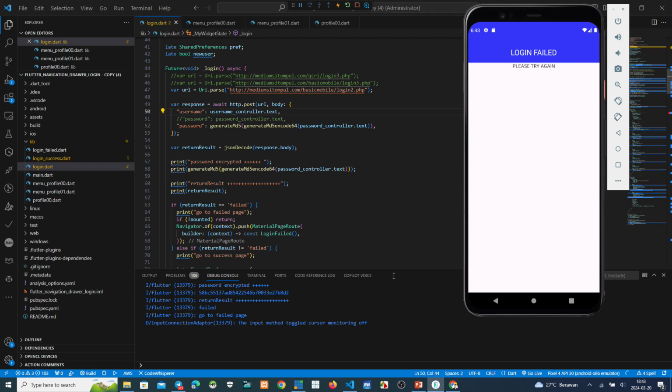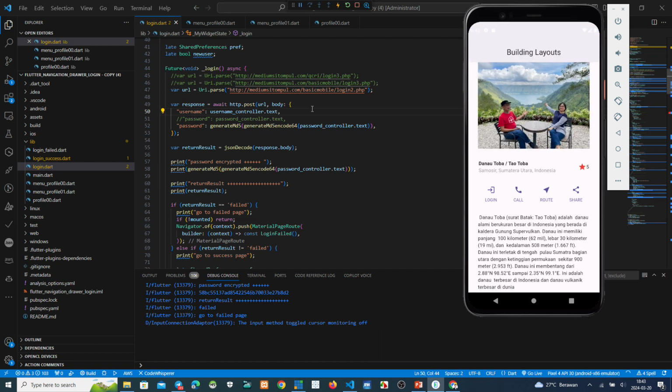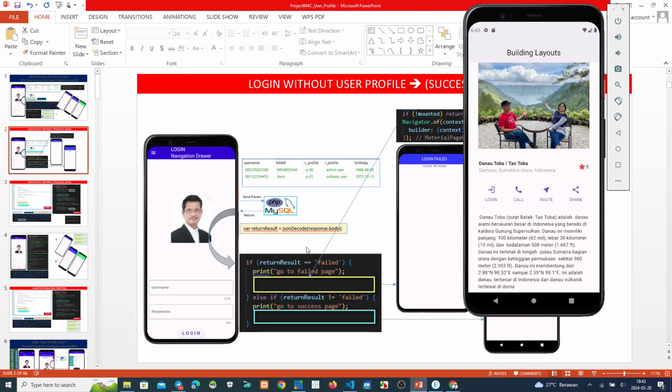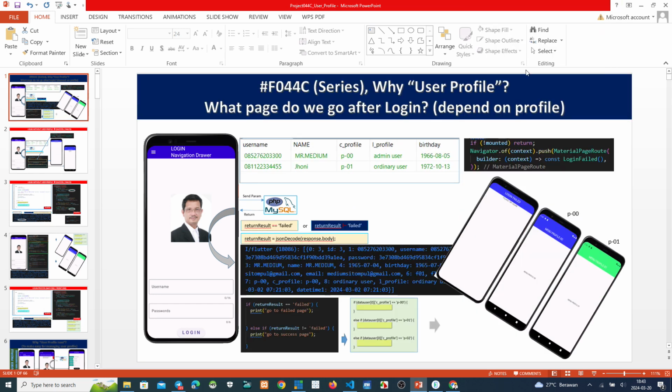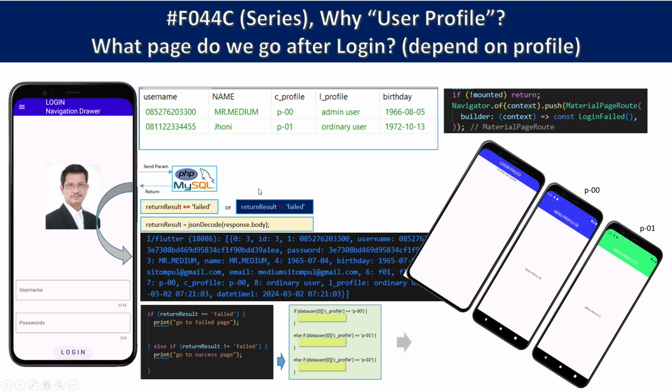Now how to develop the script, we use the user profile. After login we must analyze this one.